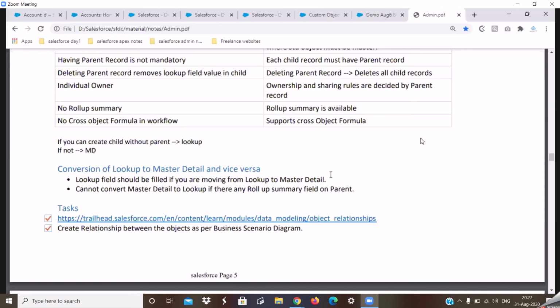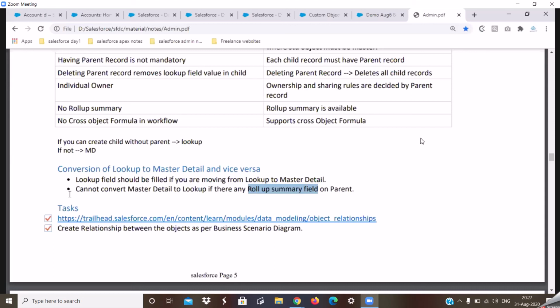So if you are moving from your lookup to a master detail relationship, make sure all your fields have the parent value populated. If you are moving from master detail to the lookup relationship, make sure that you don't have any roll-up summary fields on your parent. This concept of roll-up summary fields we'll discuss in tomorrow's class.